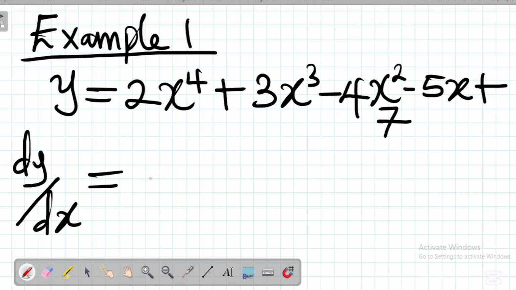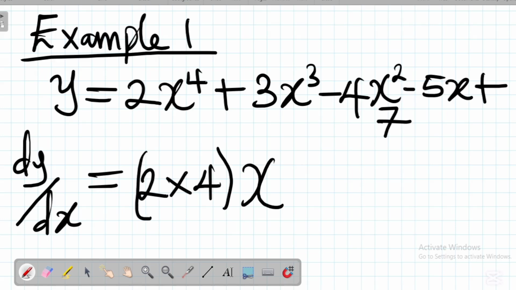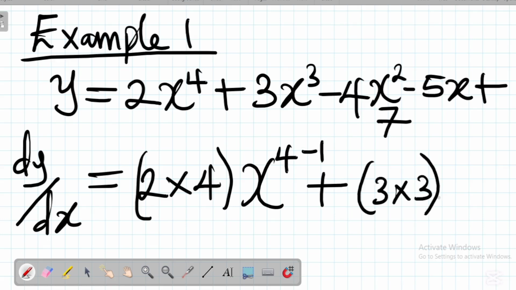So here we have 2 multiplied by 4, you attach x raised to power 4 minus 1, plus 3 multiplied by 3, you attach x raised to power 3 minus 1,